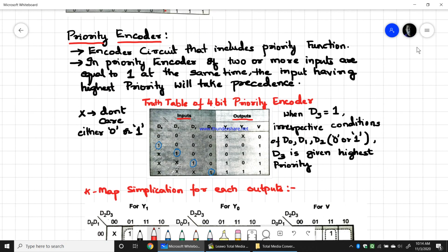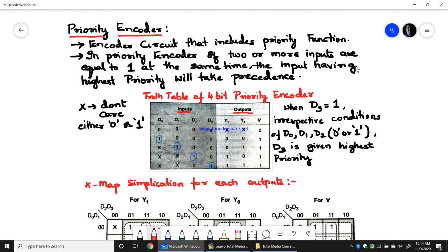Now coming to priority encoder. Okay, now priority says the preference or the precedence that will be given to the inputs. Okay, so what is priority? It is an encoder circuit that includes a priority function, that means precedence. So which would be the input that will be given first preference? That is what priority is all about. So when I am designing a priority encoder,